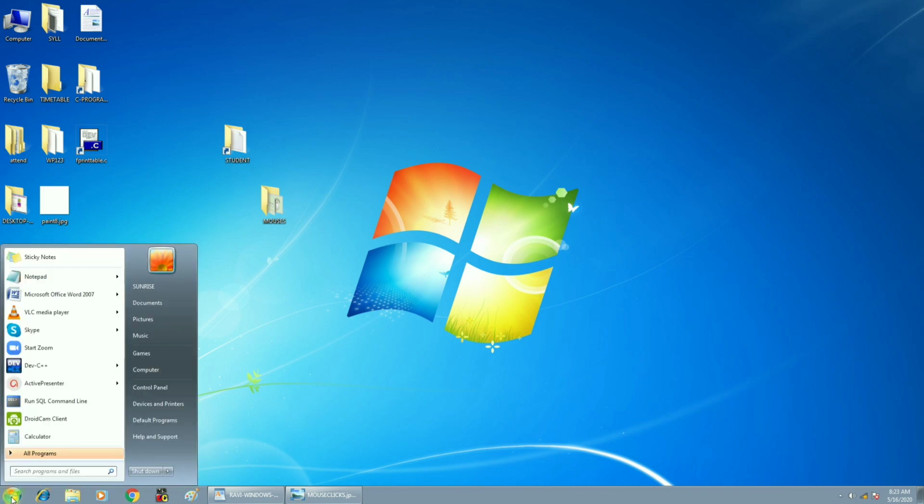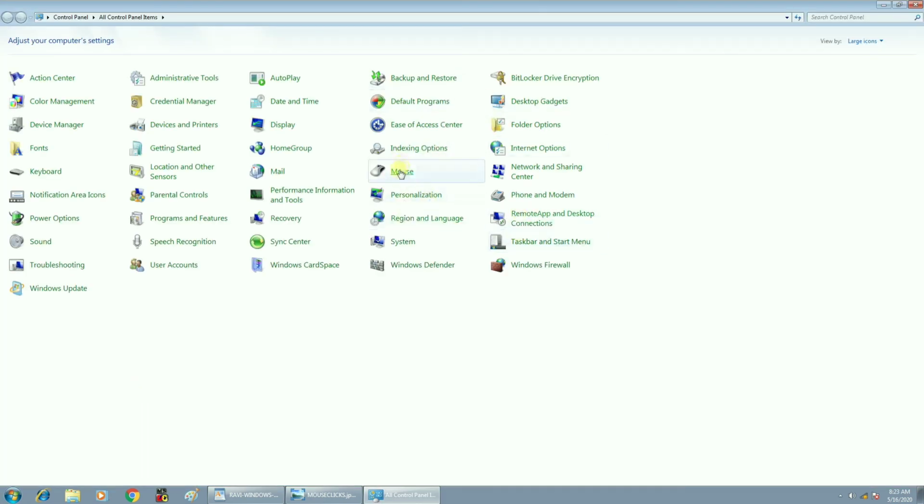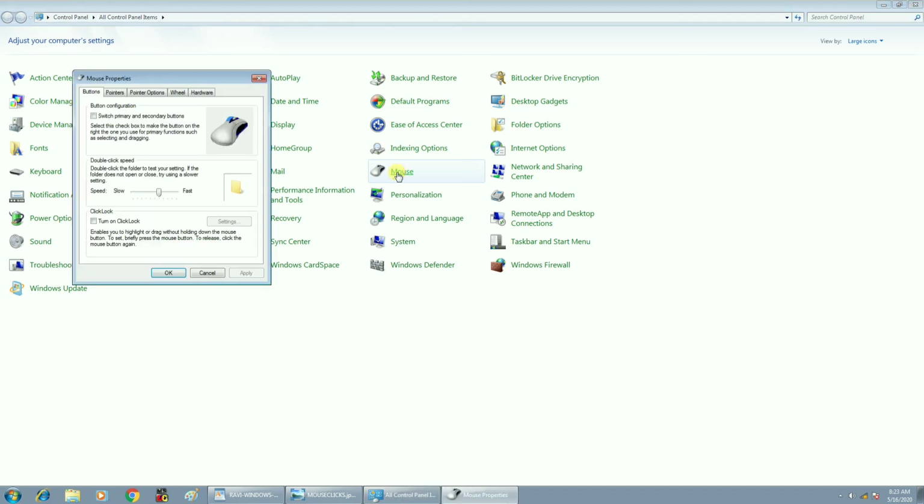If you click on the start button, here we are able to see the control panel. In the control panel, the mouse option is there. This is the mouse option. If you click on that mouse option, you are eligible to change the mouse properties. But generally it is not good to change the properties. Whatever options come along with the operating system by default, you can use them. But I am explaining how to change the mouse properties.